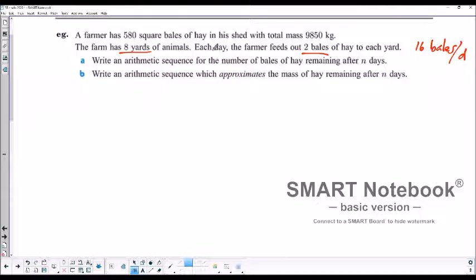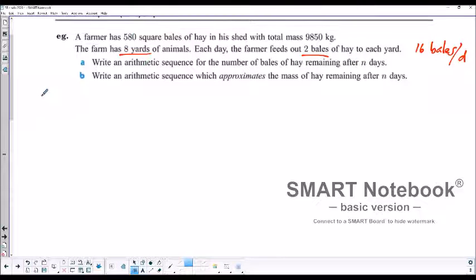So we want to write out an arithmetic sequence for the number of bales of hay remaining after n days. So in part A, we're going to come up with the arithmetic sequence. We know that the expression is u sub n equals u1 plus n minus 1 times d. u1, well, the first amount of bales of hay that we have is 580